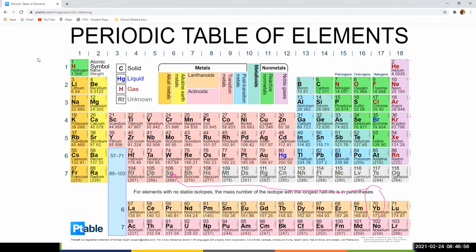Okay, so let's talk about some of those exceptions and the way that you would determine those exceptions. Chromium is an example of one of those exceptions. The way chromium works is, let's first do what we would think chromium to be based just upon the periodic table, and then we'll make the adjustment with the exception. So if we're writing the electron configuration,